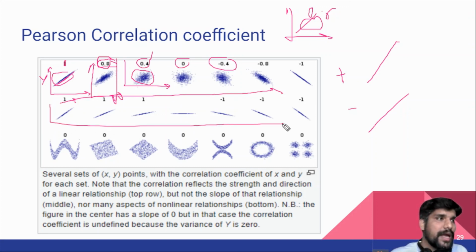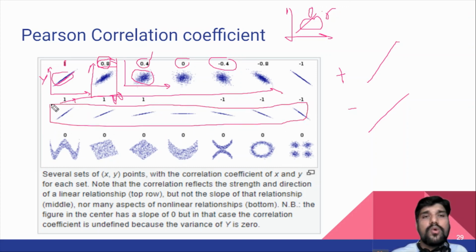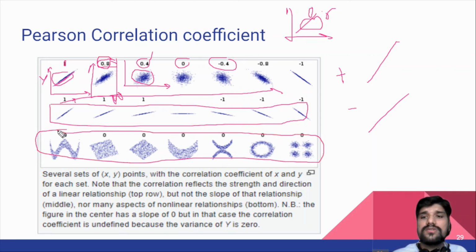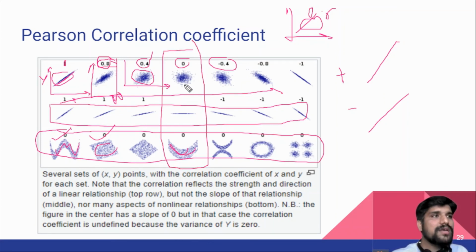And in the middle diagram, all are linearly correlated, and these are not linearly correlated, therefore their Pearson correlation value becomes 0. See, this forms something like a W structure, this forms a square structure, this forms something called a half moon. So there is no linear relation and therefore the value is 0. If you look at this central diagram, here also your Pearson correlation is 0. Why? Because first the variance is very high,